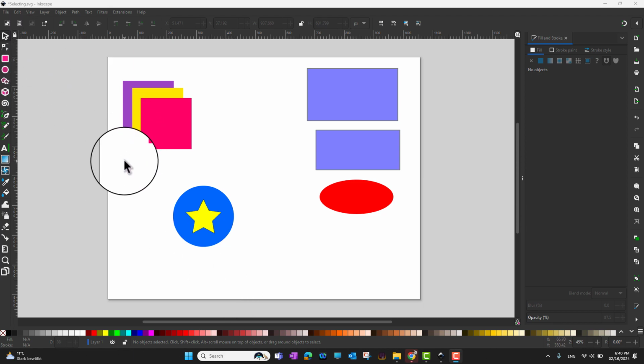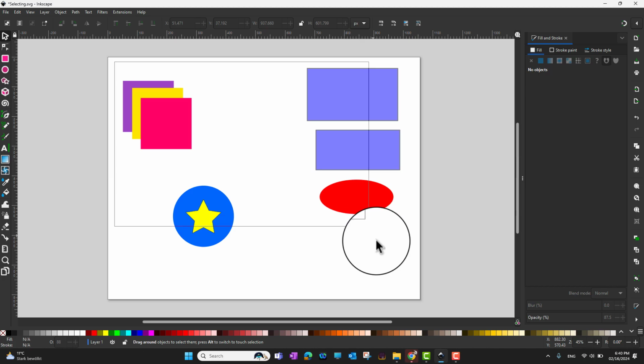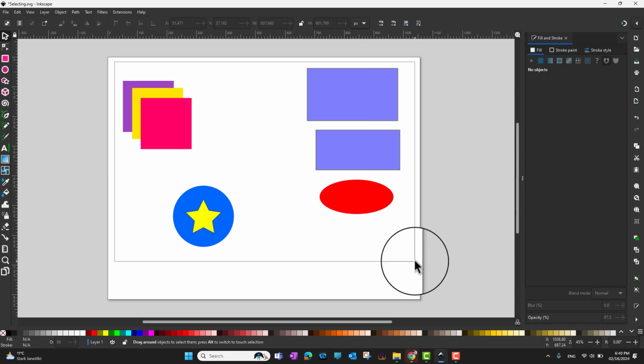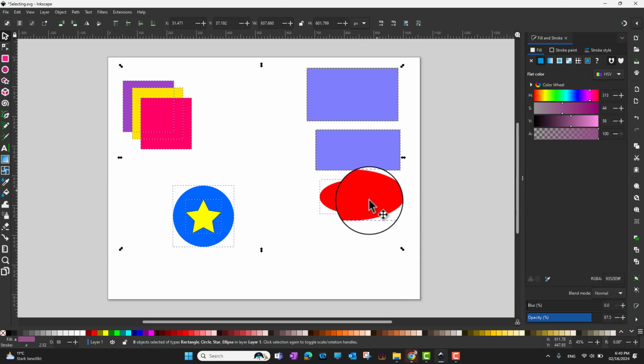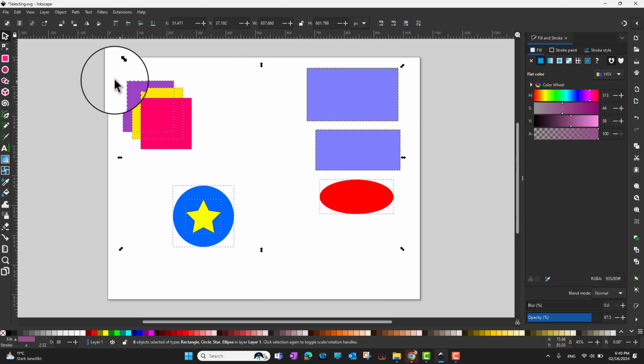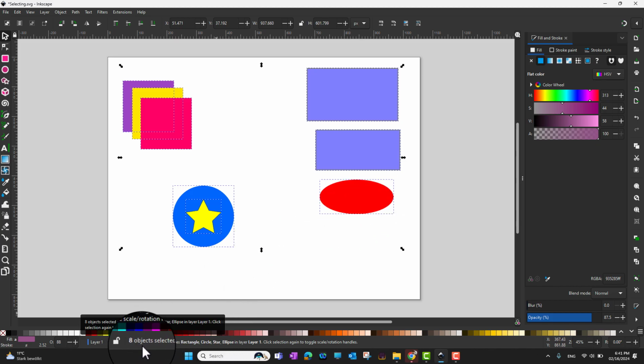Okay, now if I want to select all the objects, again I need to go into the selector tool. Right now I am already in the selector tool. What I can do is click, hold my cursor, and drag a big box around all the objects, you can see. So all the objects are going to be selected. As you can see, these dotted lines are around these objects. Another thing is you can see in the status bar how many objects are selected right now. So right now 8 objects are selected, of different types like rectangles, circle, star, ellipse, and